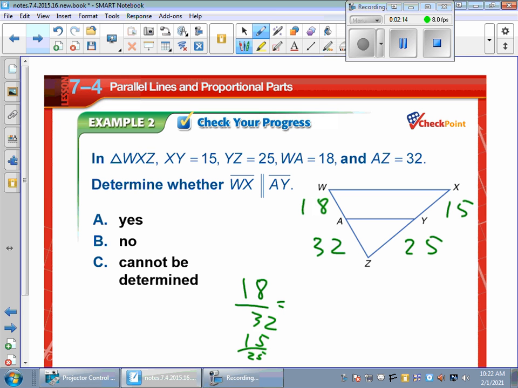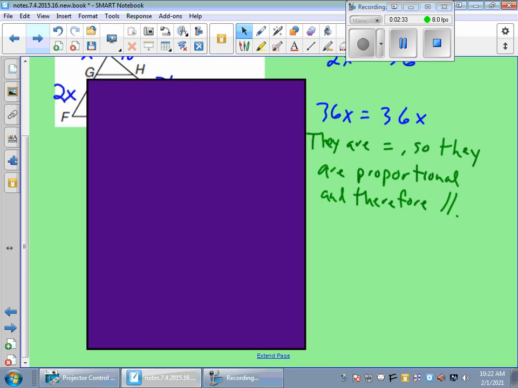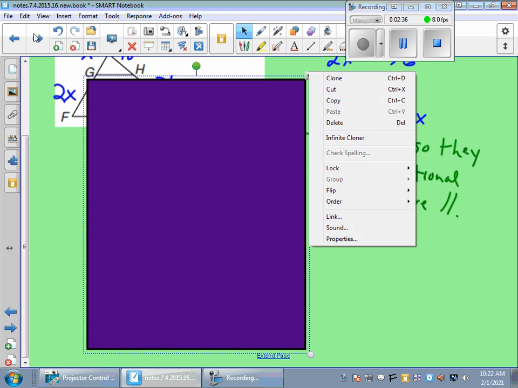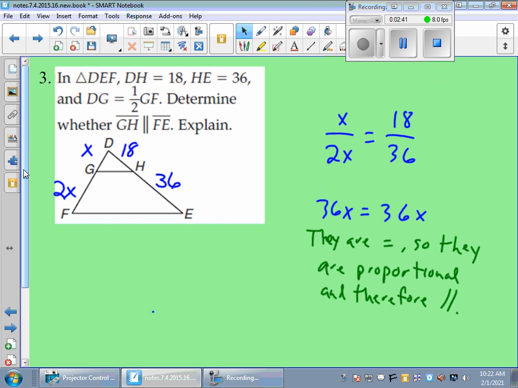You can cross multiply to solve or just kind of reduce. If I take out a 2 here, I get 9/16. Take out a 5 here, I get 3 over 5. Those two are not in proportion. So no, your answer is they are not parallel, even though it looks like it. This one's a little trickier, but the same idea. You want that concept, though, that it's a like 2-to-1 ratio. And with the 2-to-1 ratio, you come out to be 13x or 36x equals 36x. So it's kind of a weird way to show you what we're trying to get to, but ultimately, yes,